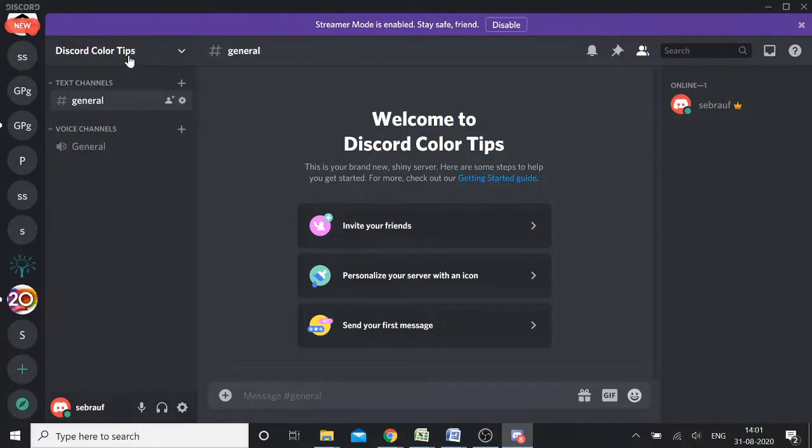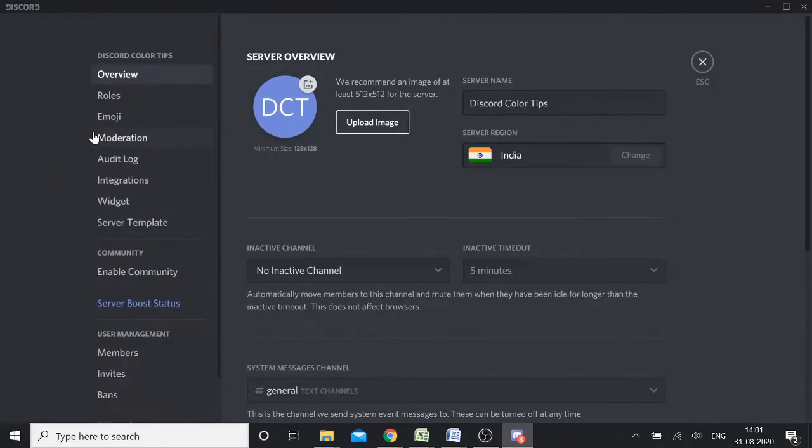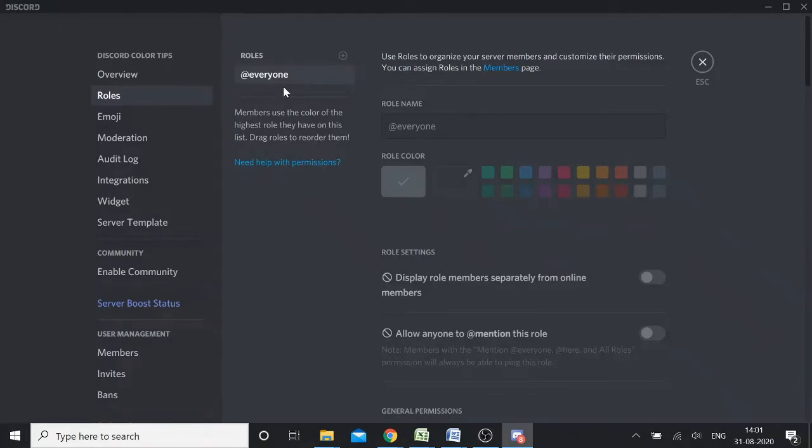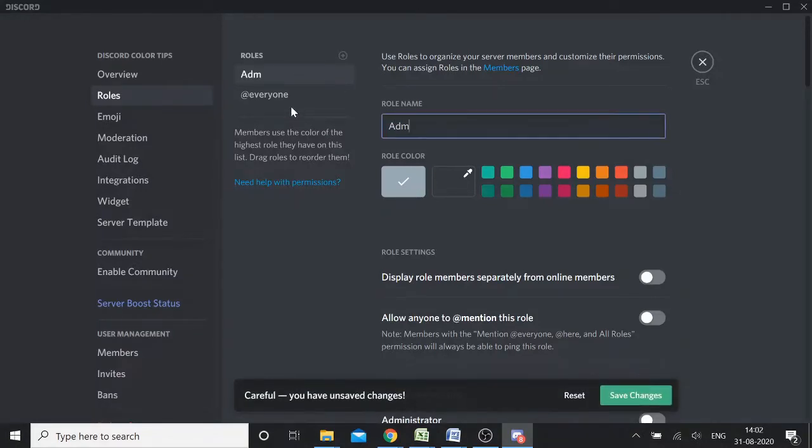So let's suppose if you want to create, you can create in this way, but if you already have a server, go to your server, click on the drop down, choose server settings, and then go to the roles. Here you might be displayed with the roles which you have already created. Let me create a new one and show you. I name it admin.